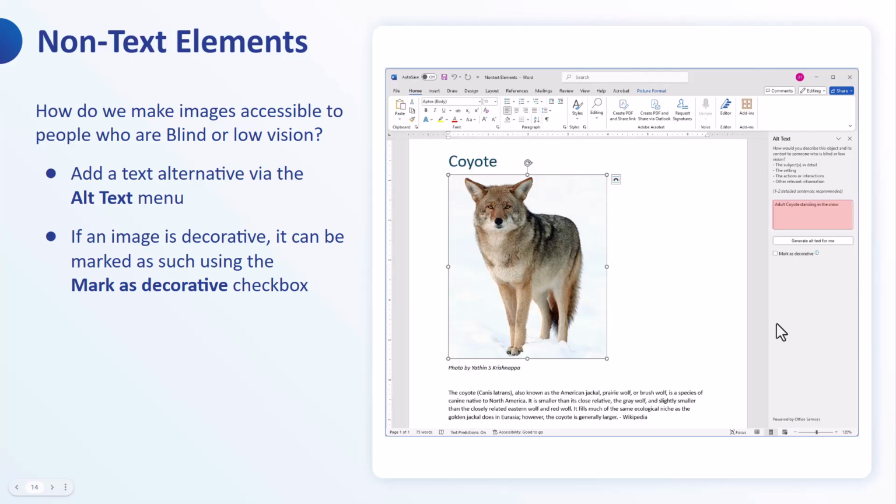And the simplest way to do that is either to add a text alternative via the alt text menu, which I'll show you in a moment, or if an image is decorative, if it's just there for show, like a watermark, for example, it doesn't need to be communicated because it's not providing essential information. And if that's the case, then we can just mark it as decorative in that same alt text menu. And what that'll do is it will ensure that screen readers skip it, and it won't be this mysterious piece